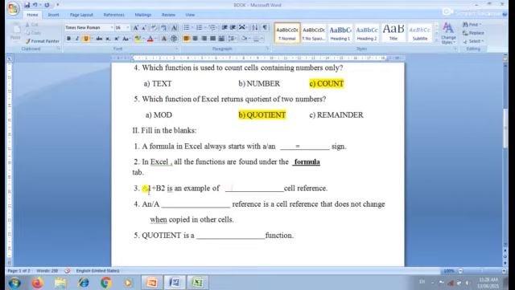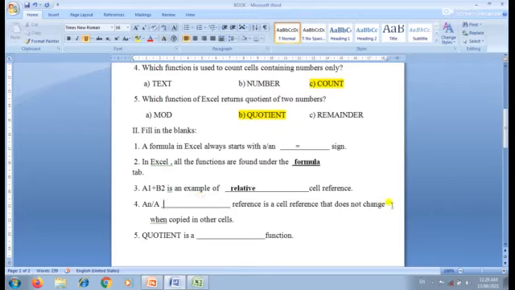How are we telling? When you enter a cell reference in a formula, for example A1 contains some value and B2 contains some value, A1 is a cell reference, B2 also a cell reference, equal to A1 plus B2. Whenever I enter a cell reference in a formula, Excel assumes it as a relative reference by default. So the answer is relative cell reference.